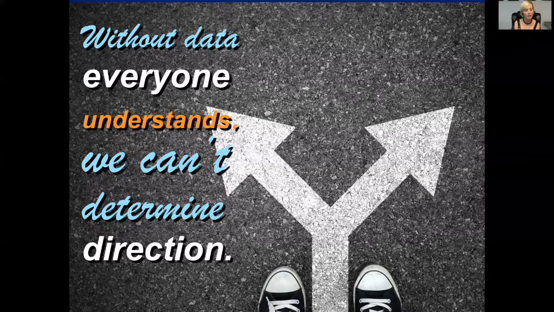So not only does everyone need to understand the data for us to be able to determine direction for the student, but just to feel a part of the team. If one person is collecting data and the data is confusing to everyone else, they may feel that that person is the expert and maybe I don't have as much to contribute to the team. And so we want data to be something that everyone on the team can understand so we can make decisions about the student. It also means we need to all understand the data across students so we can make decisions